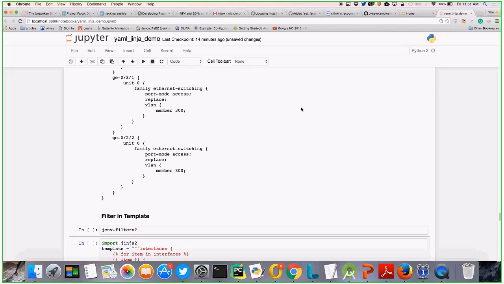Can I have a range instead of the individual values? Let's say I want to configure 48 interfaces. Displaying each interface in the list, right? Can I have a range? Yes, you can do that. Again, I'll come back to that.